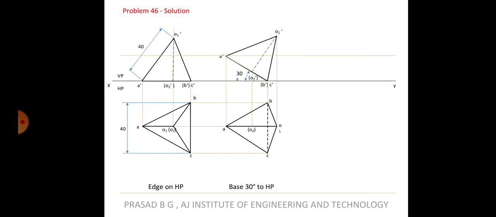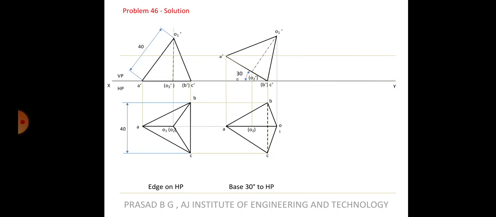In this case they have given that question like that. It is 40 mm away from VP. That means in all the other diagrams, whatever you have been doing till now, you are placing the object randomly, isn't it? Let's say it's inclined at 30 degrees to VP, any object, pyramid or prism or whatever. But what you are doing, you are taking any distance and you are only satisfying the condition that the line is kept on the 30 degree line, the axis or the base, whatever is given in the question. But we were not specifically maintaining any distance from XY line, isn't it?